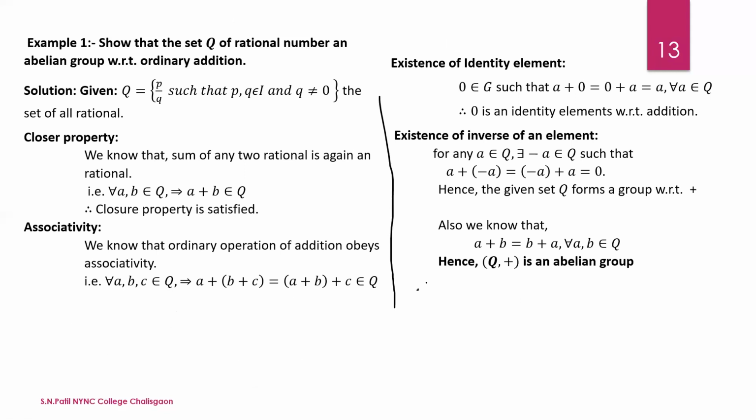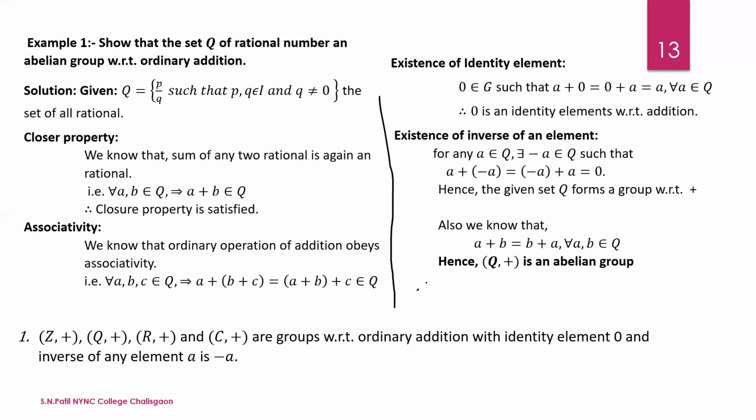Okay, now similarly, Z plus, Q plus, R plus, and C plus are groups with respect to ordinary addition with identity element 0 and inverse of any element A is minus A. In this way, we prove all these groups. Okay. Now next,